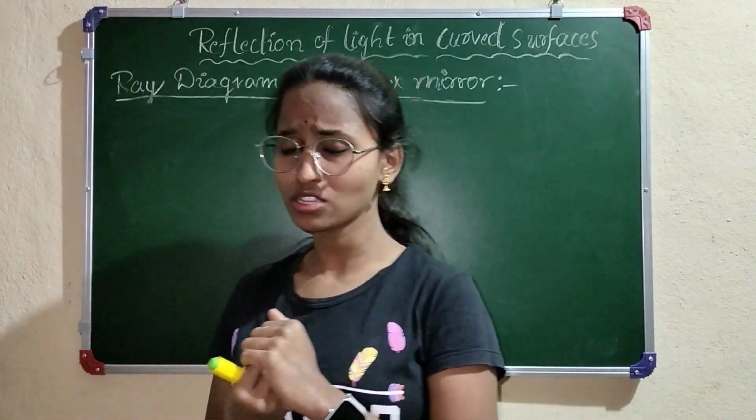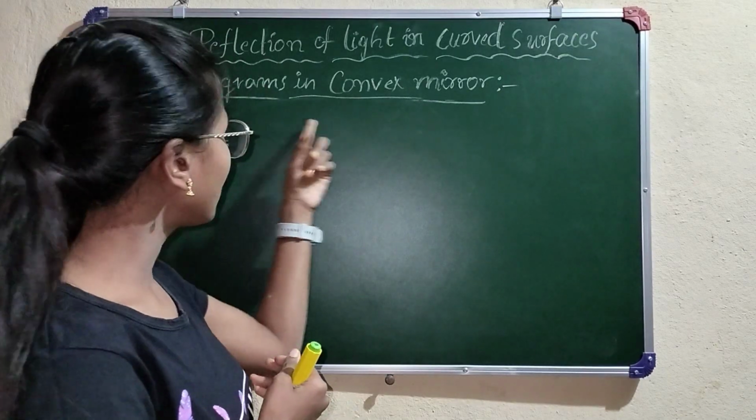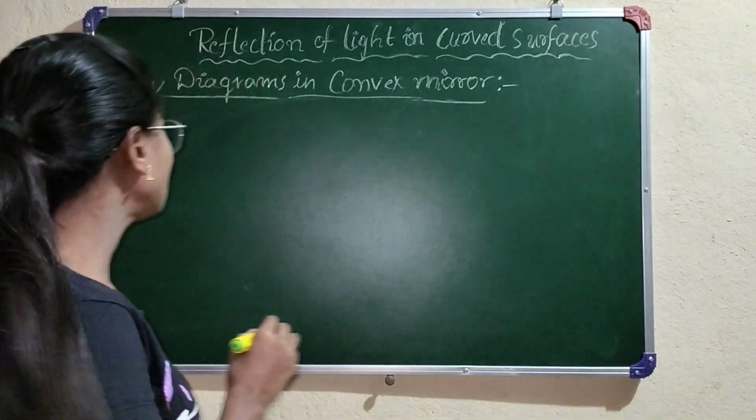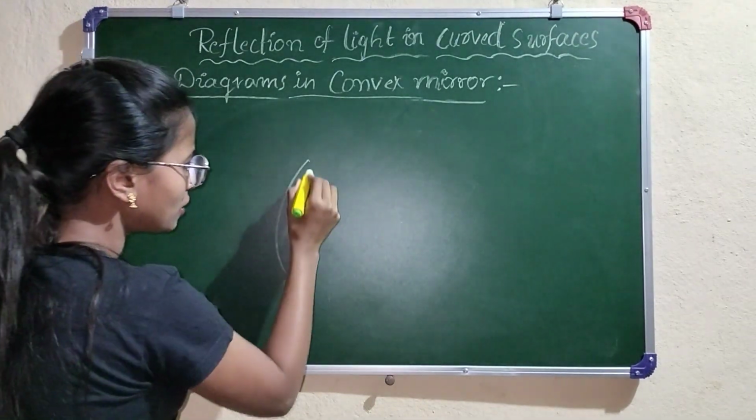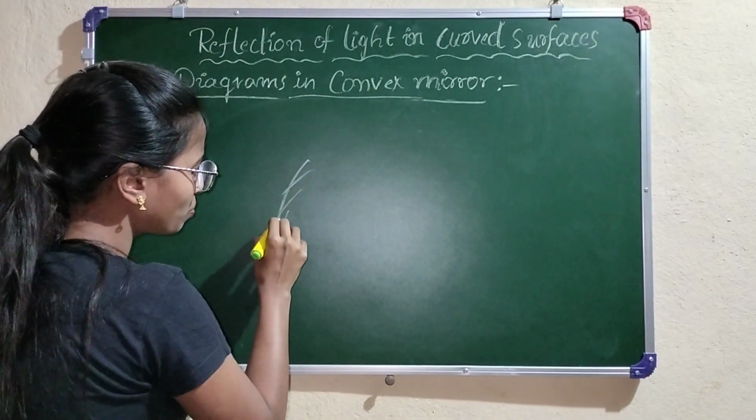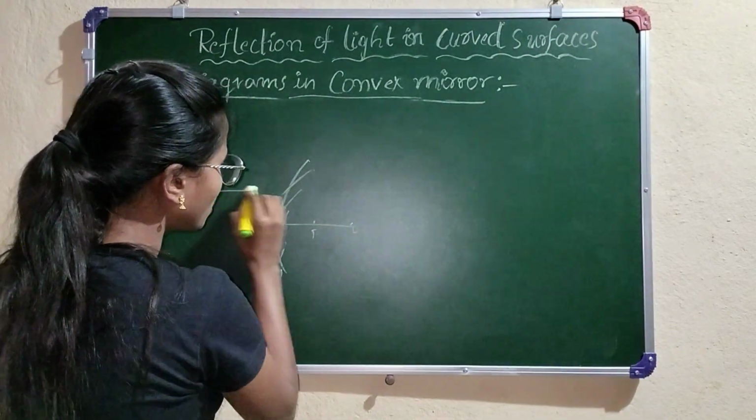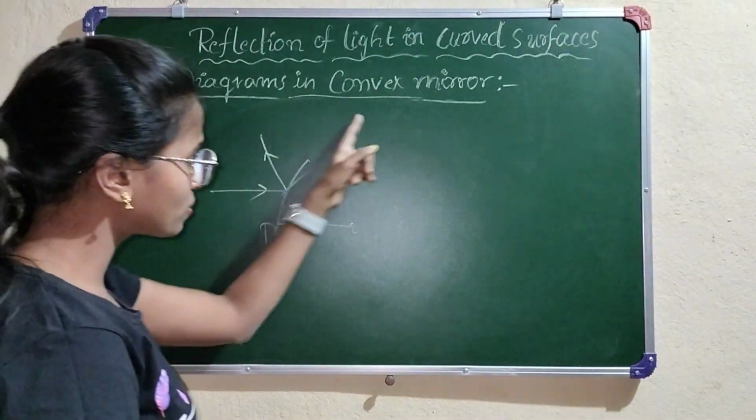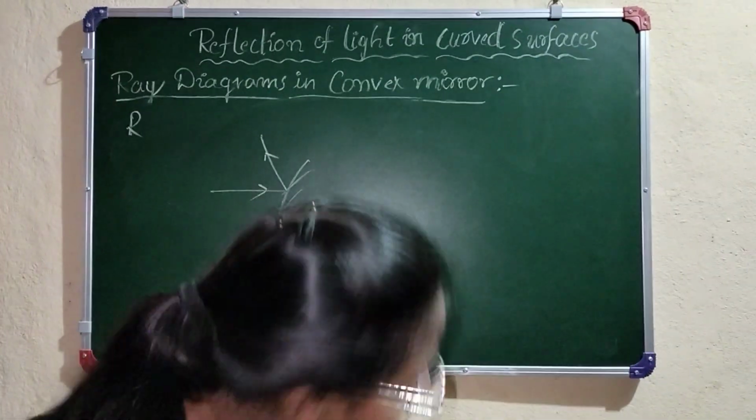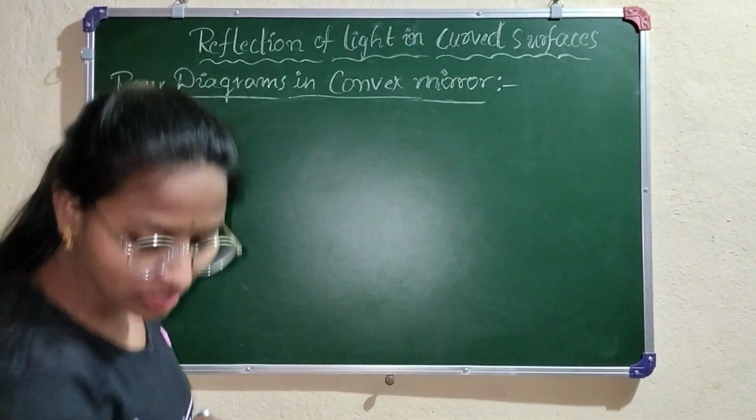Yes. So now let me start today's topic: ray diagrams in a convex mirror. You already know that a convex mirror, with its pole, center of curvature and focus, will diverge the light ray, right? It will not converge the light ray. We already know this is a diverging mirror. So now we'll see